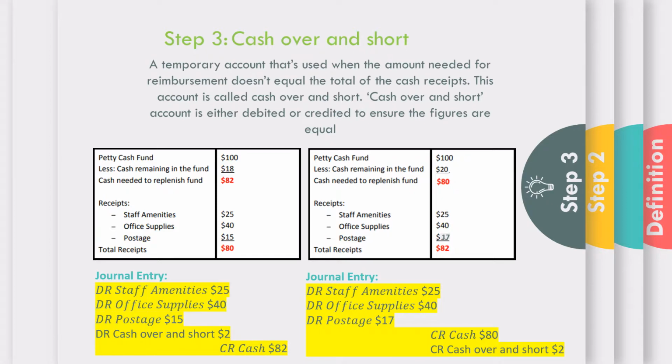cash. In the second table, however, the total cash required to replenish the fund is less than the calculated total from the receipts. In order to do this, we need to make a journal entry and write a check to ourselves. So we debit staff amenities, we debit office supplies, debit postage, and we credit cash over and short and